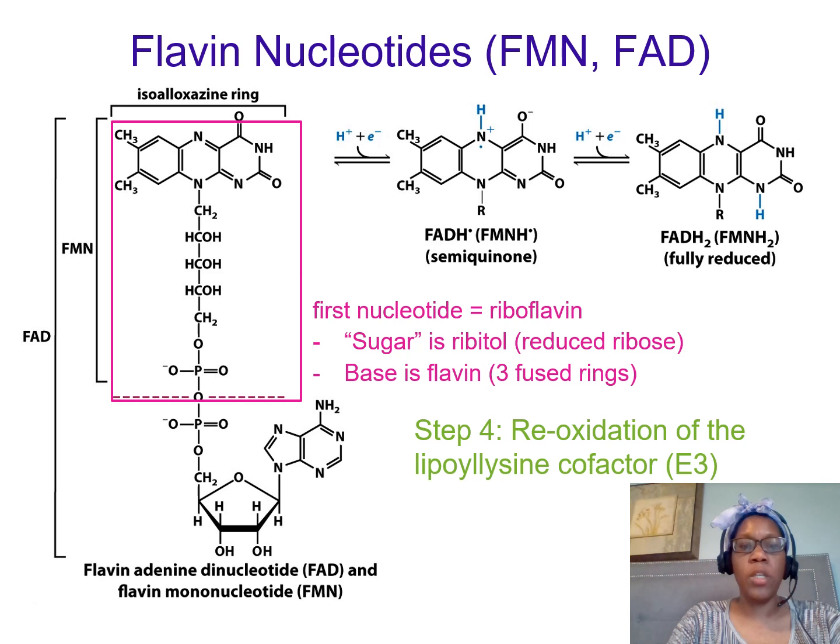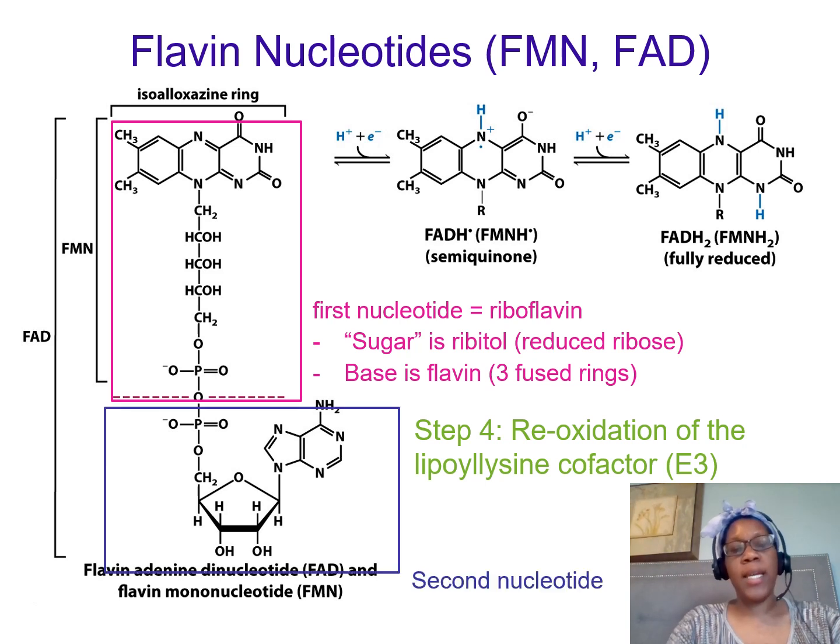We see the sugar here. We see the base is a three-fused-ring structure called flavin. And we have the phosphate group. So FAD contains an FMN, as well as, hopefully you recognize this nucleotide,